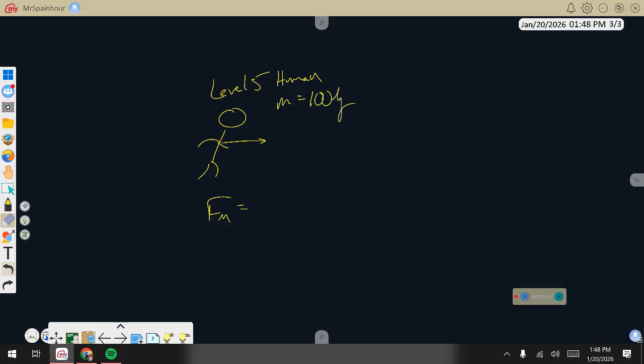Okay, the force of their muscles is 320 newtons, and we're going to say it's frictionless right now. No, not 320. I'm sorry, I'm making this up. I'm trying to make numbers relatively accurate. 160. Push it 160, and we're going to say no friction in this particular case. All right. Then they run into